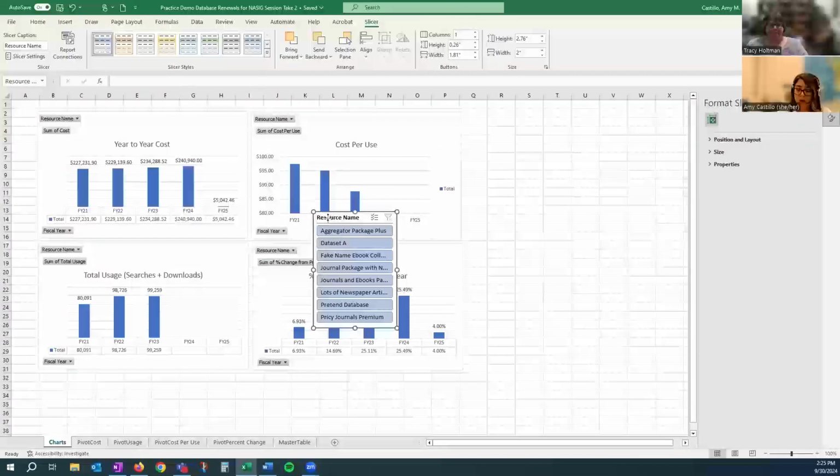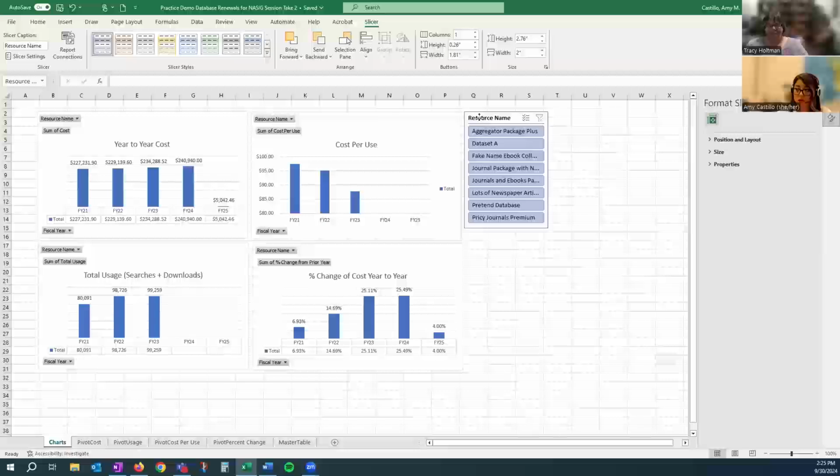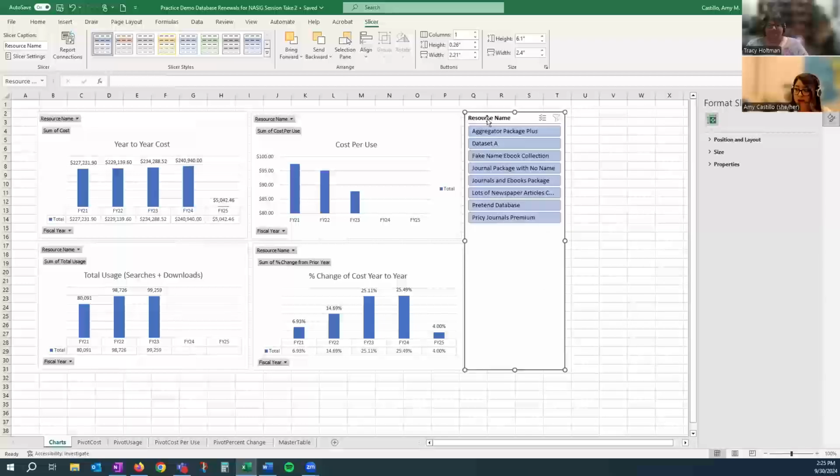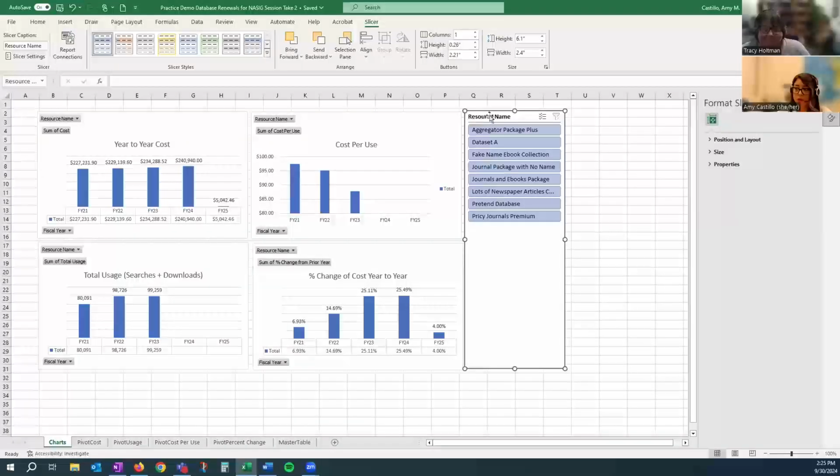And then I'm going to move this slicer over to the side. Again, you can put this wherever you would like, but I'm just putting it over here. The best way to move this box around is to use resource name as your anchor point. But right now, this slicer is only connected to this first chart, so it's not connected to the other ones. So in order to do that,